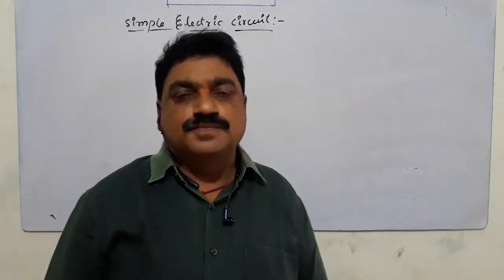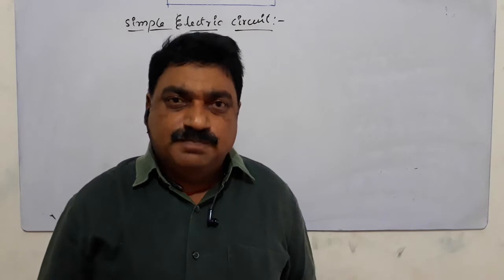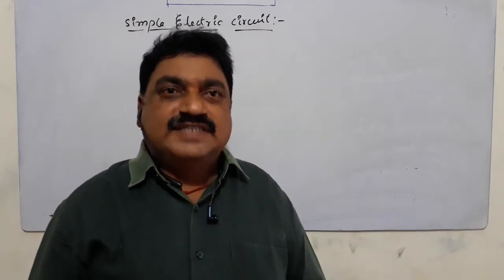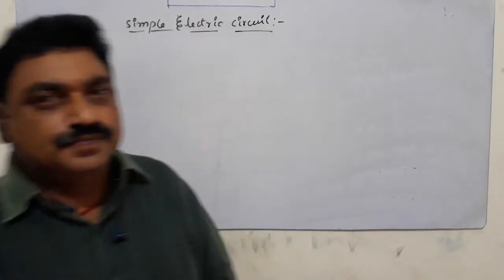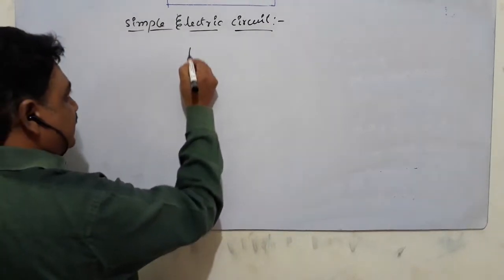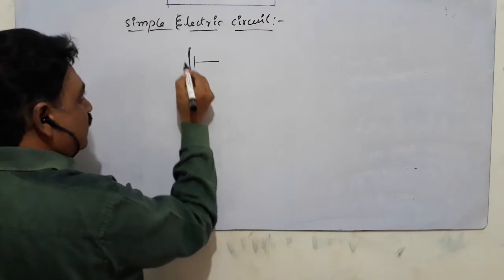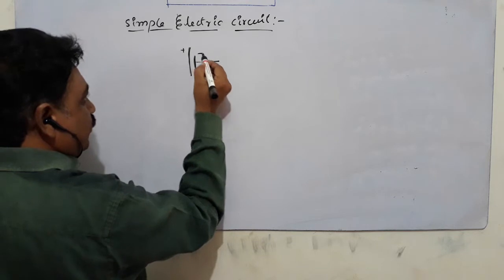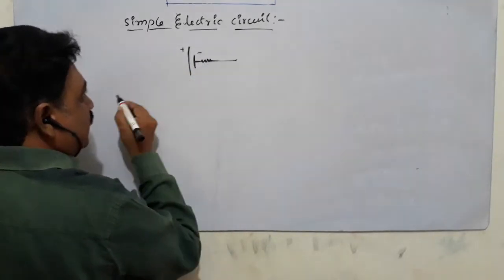Good morning, children. Today we are going to discuss a simple topic, that is a cell in a simple electric circuit. See, this is a cell as we have already discussed. A thin long line, positive terminal, a thick short line, negative terminal, and inside the cell there is some resistance